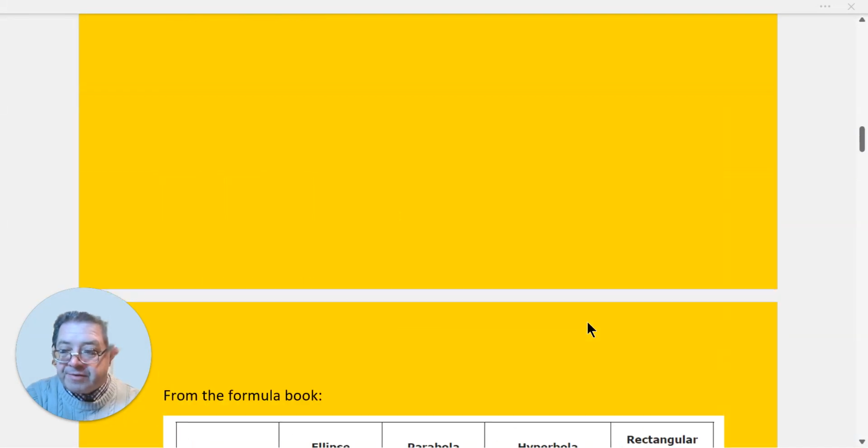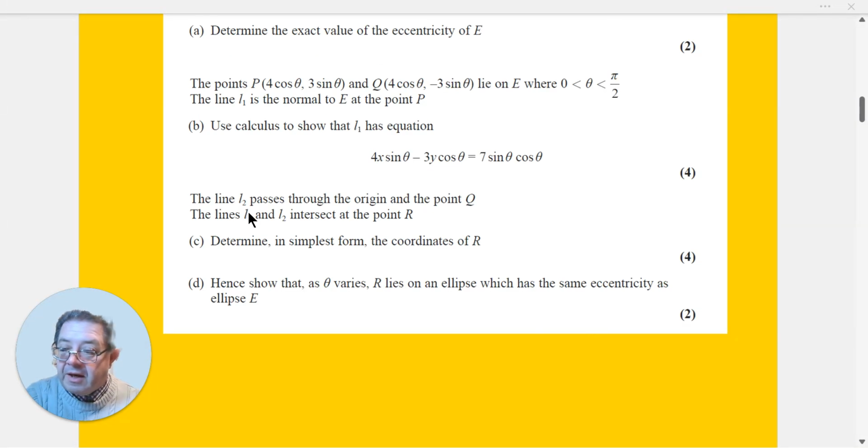Part C of the question. A line L2 passes through the origin and point Q. The two lines intersect at point R. Determine in simplest form the coordinates of R. So this time the answer is not given. It's a determine question. It wants the answer in simplest form, and it wants coordinates, so that is x and